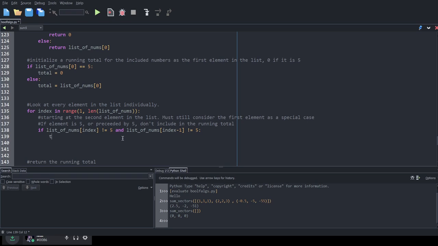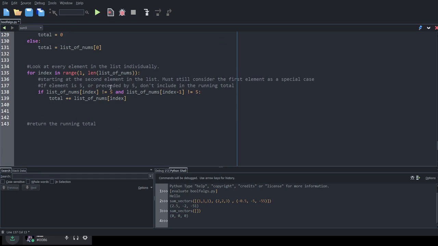So that will just be total plus equals list of nums at index. The index is the current thing that we're looking at. Before we add that, we have to make sure that the thing we're currently looking at is not a 5, and the thing before us is not a 5 as well. If that proves to be true, we're going to add that into our total. And we're going to do that every time we have a different index, all the way until the last element of the list. Sounds good?